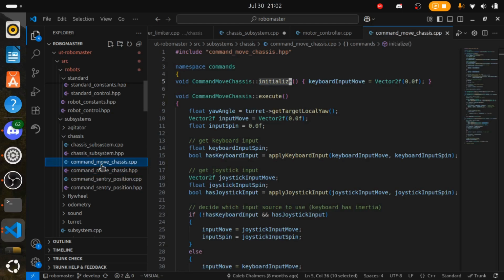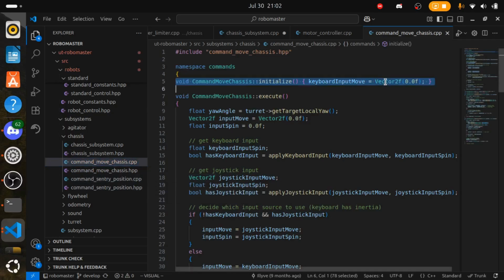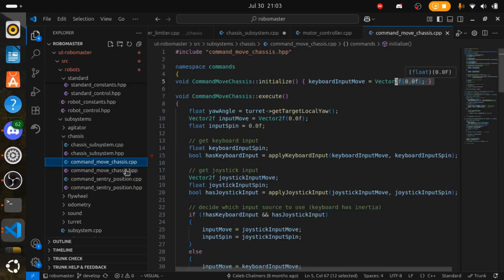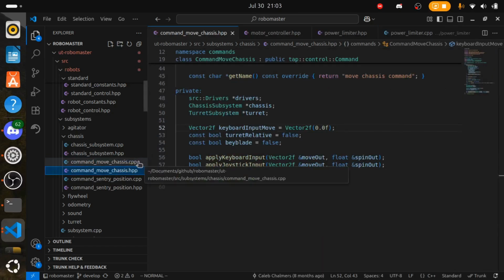It could be just left over from refactoring stuff, but in my opinion, probably not required. You could probably remove that so it's just less mess. Because if you change this, you might think that it's going to be a new initial value for keyboard input move, but then it's going to always be 0. Now, knowing this kind of code, you probably won't need to make it not 0, but